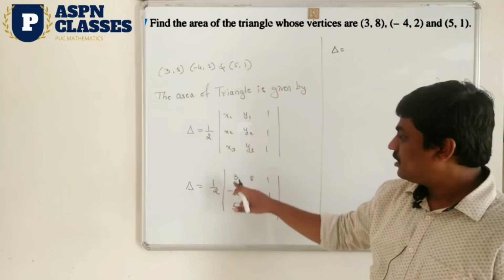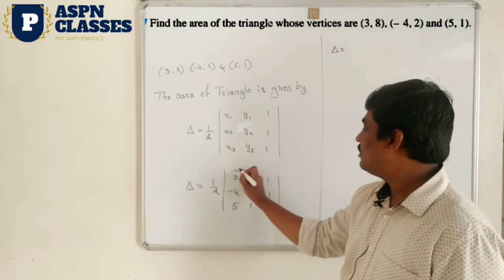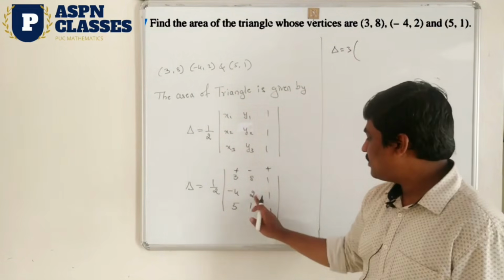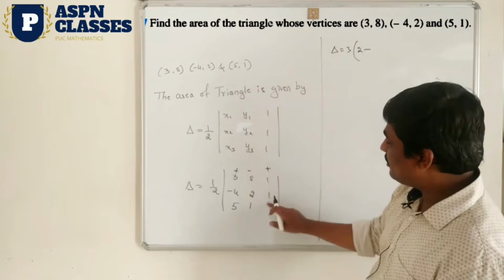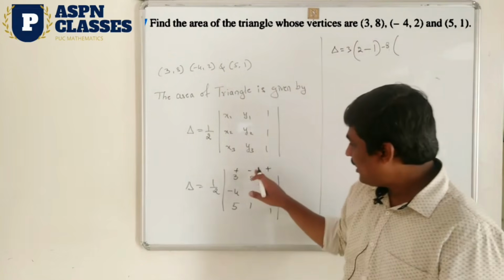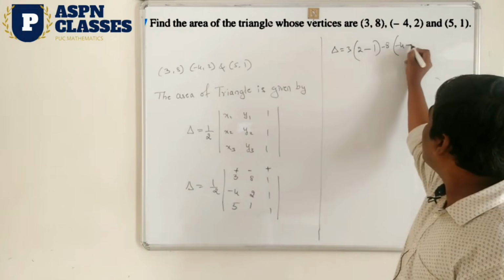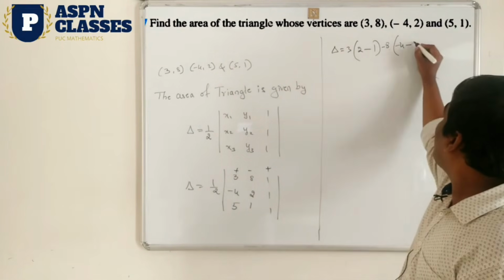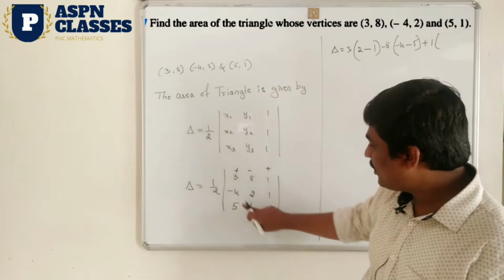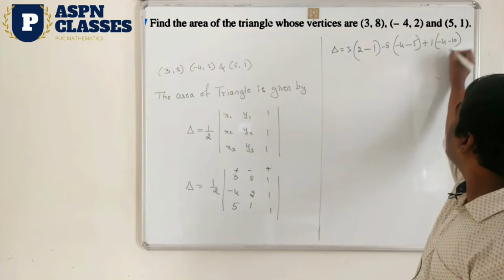Expansion along any one row you have to take. Better I am going to take the R1 row only. What are the signs here? Plus minus plus. Okay, take it here. So 3 into bracket, cancel first row and first column, 2 into 1 is 2, minus 1 into 1 is 1. Next sign is minus, 8 into bracket. Now for 8, cancel the middle column and first row, minus 4 into 1 is minus 4, minus 5 into 1 is 5. Next plus 1 into bracket. These two are cancelled, 4 into 1, minus 4, again minus 2 into 5, it means 10, minus 10.